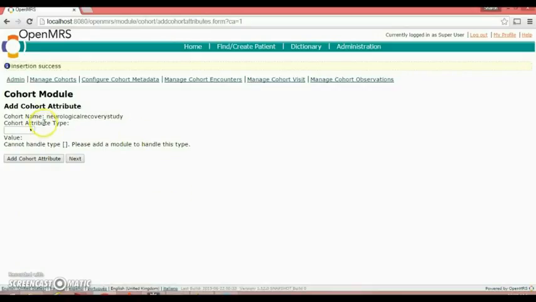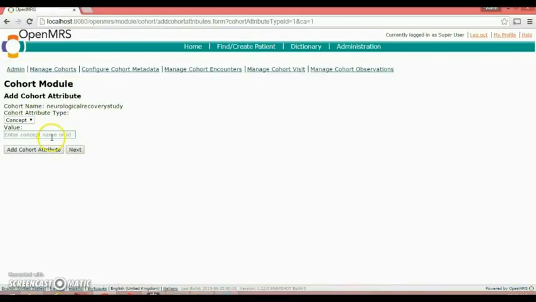So the cohort name for this particular cohort attribute is neurological recovery study. The cohort attribute type available is concept. Let's add a concept name or ID. It's X-ray, and click on next.